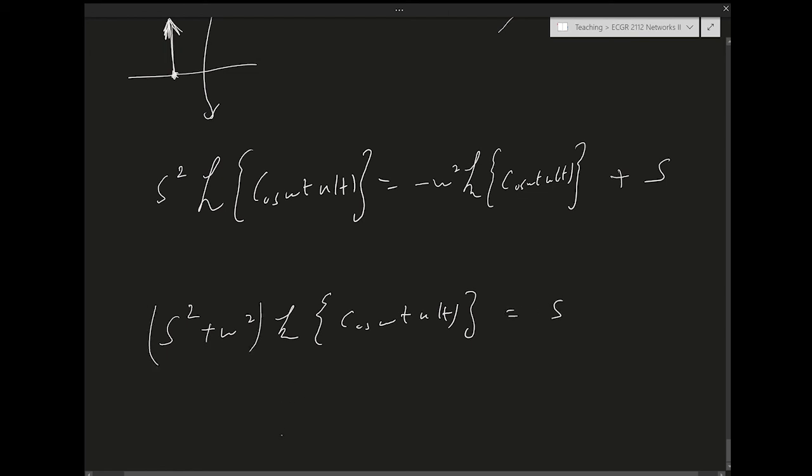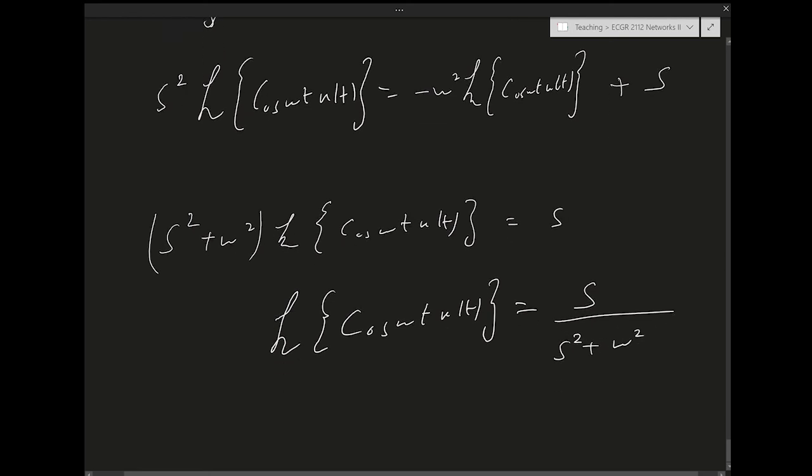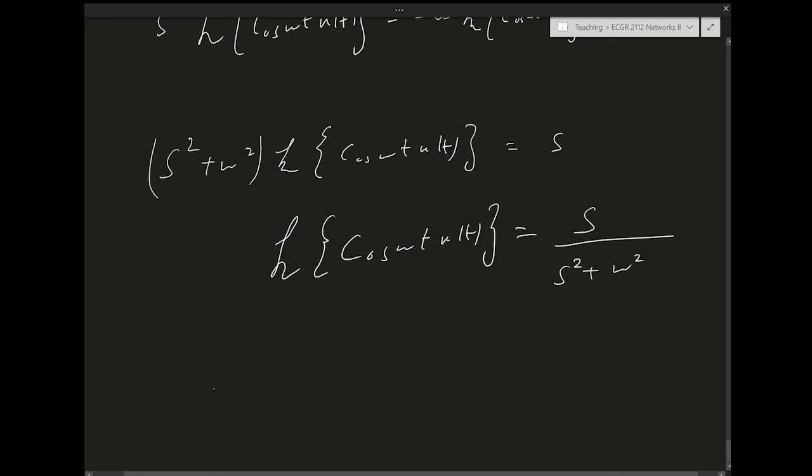So the Laplace transform of cosine omega t u of t equals s over s squared plus omega squared. Okay, so we know now that sine omega t u of t transforms to omega over s squared plus omega squared,